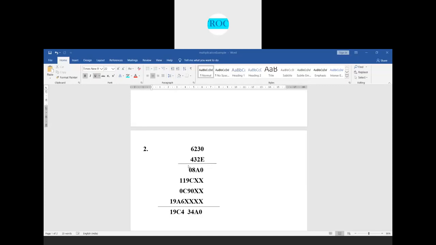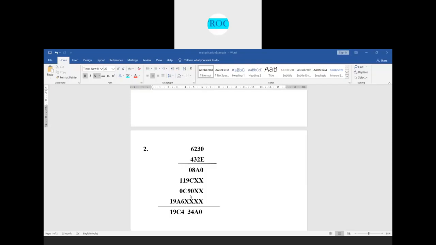Whenever I perform 43 into 30, I get this result, and the intermediate result stored in some register needs to be added with 90, right? This is how we perform 16-bit multiplication.